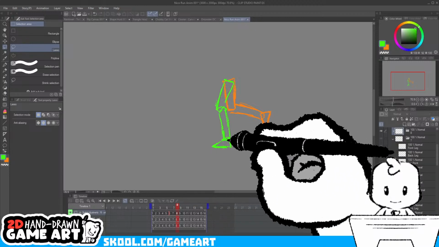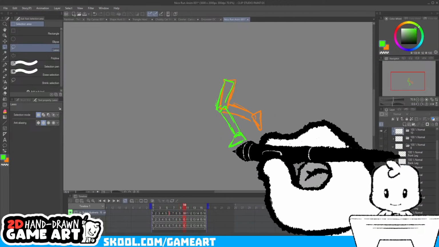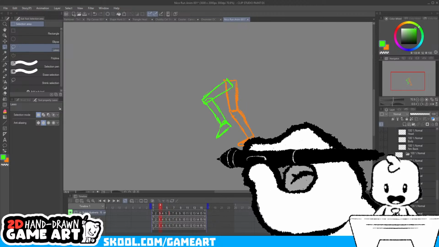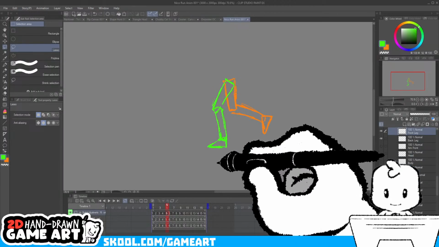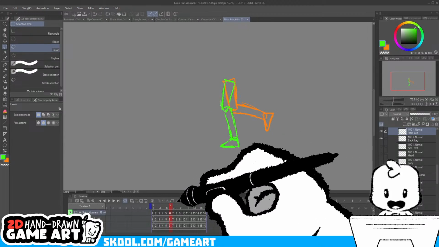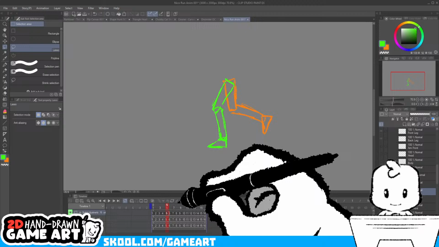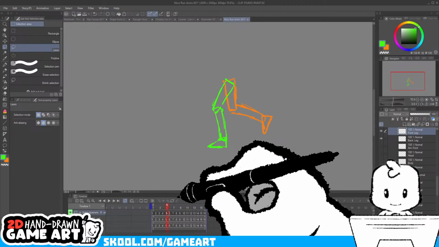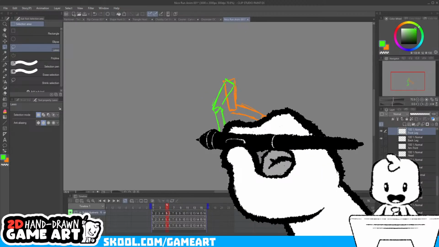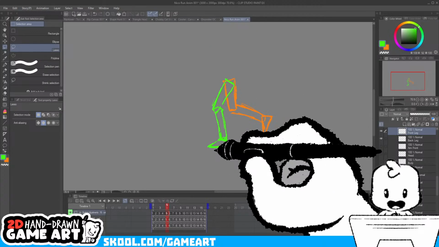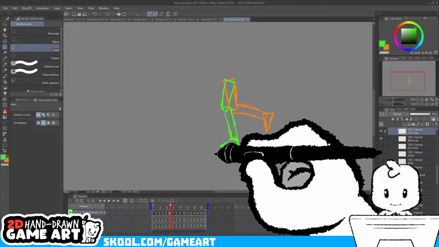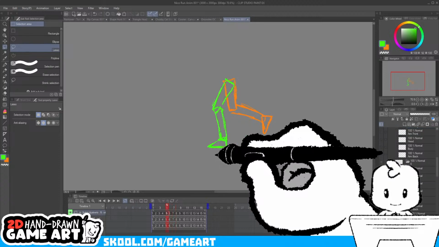I'm gonna want to lift on this frame, but we have a lift on this one instead. So what I'm gonna start doing is getting rid of some frames. We have way too many frames here. What I'm gonna do is I'll delete some frames after. I'm gonna animate this with the easing that it currently has and then get rid of the frames that we don't need.